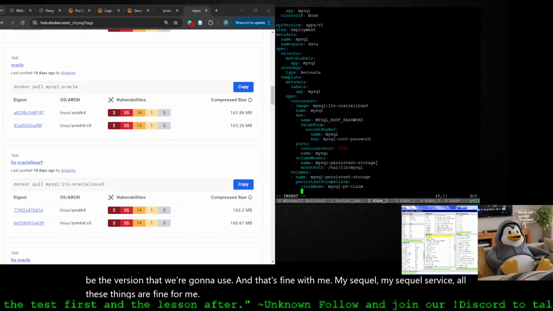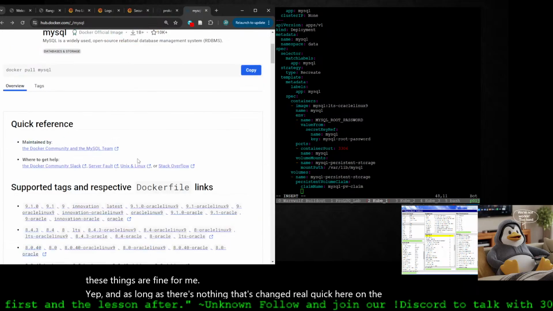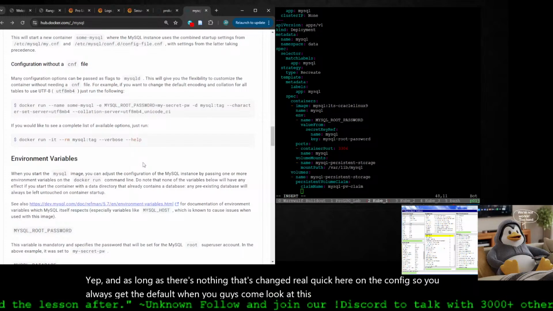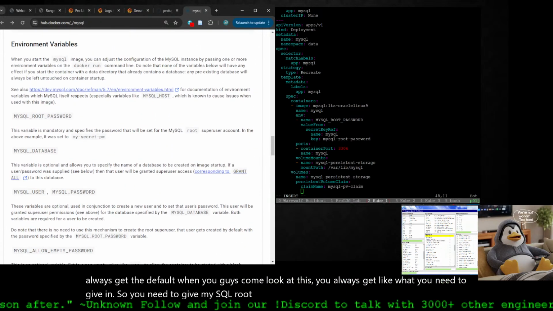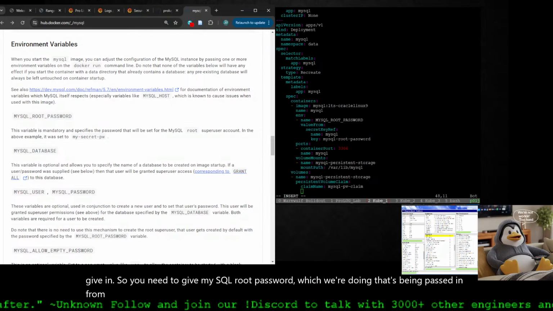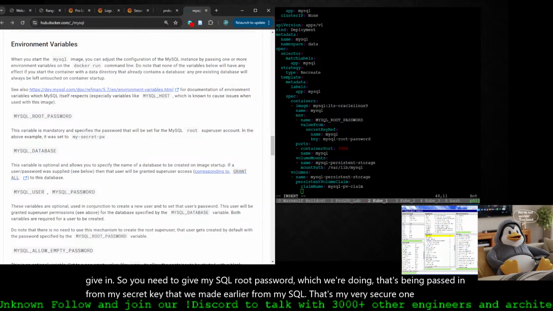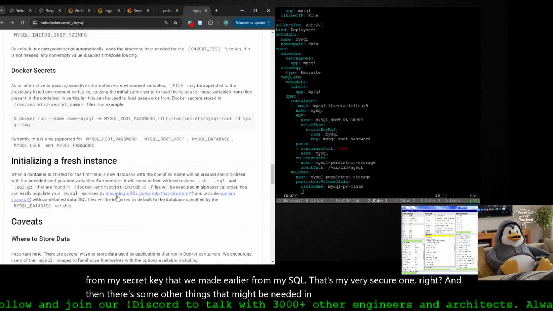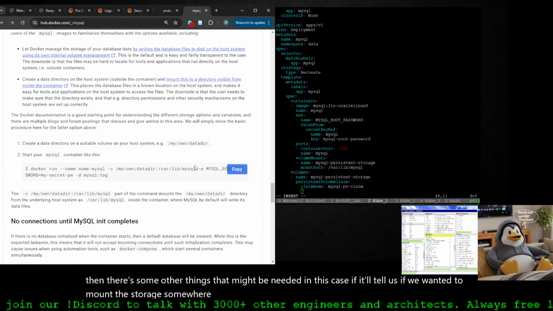Yep. And as long as there's nothing that's changed real quick here on the config, so you always get the default when you guys come look at this, you always get like what you need to give in. So you need to give MySQL root password, which we're doing. That's being passed in from my secret key that we made earlier for MySQL. That's my very secure one, right? And then there's some other things that might be needed. In this case, it'll tell us if we wanted to mount the storage somewhere else to use var/lib/mysql,